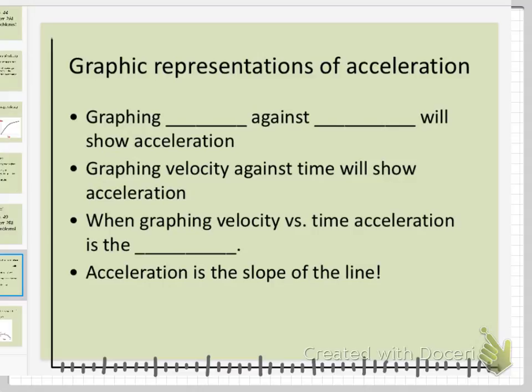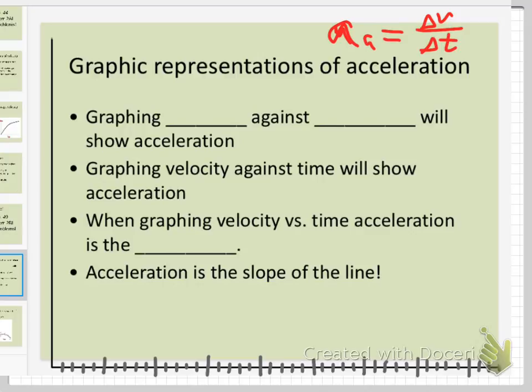When you graph velocity against time, so a couple days ago, or whenever that was, we talked about graphing position versus time, and the slope of a position-time graph gives you what? Gives you velocity. Because if we look at the formula for velocity, change in position over change in time is velocity. Well, with acceleration, of course, average acceleration is equal to the delta v over delta t. So what's going to be your x-axis?